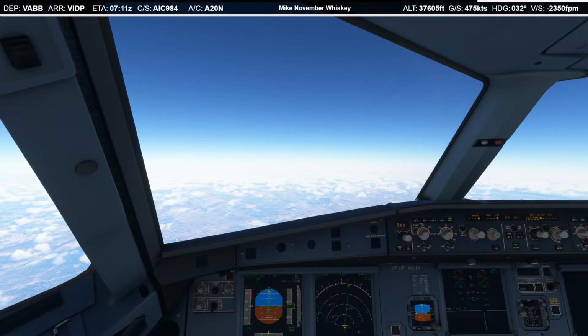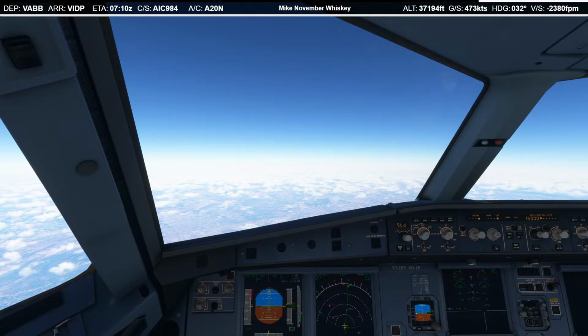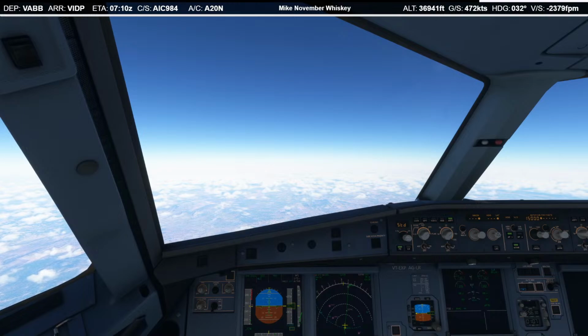That seems to be a healthy descent rate. And we have a pretty much direct crosswind right now, giving our ground speed a bit of a bump.